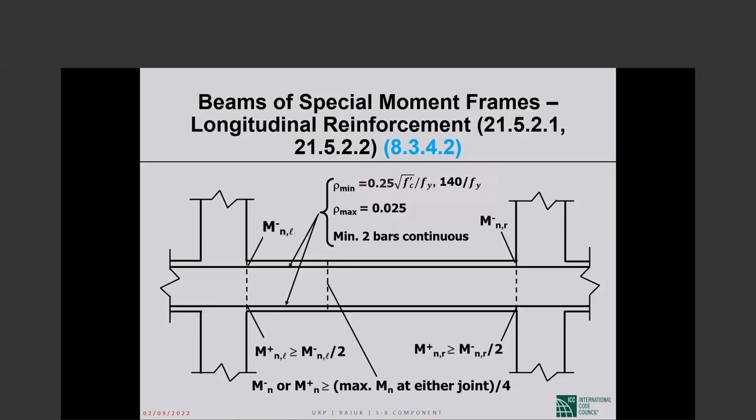The positive bending moment under strong earthquake excitation could be larger than the negative bending moment due to gravity. And then we would end up with